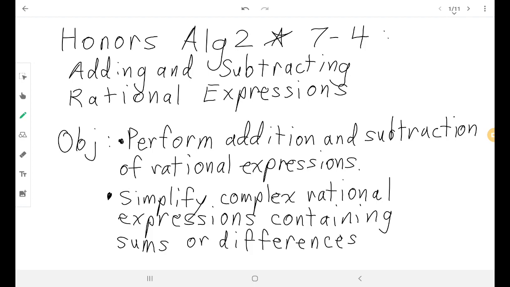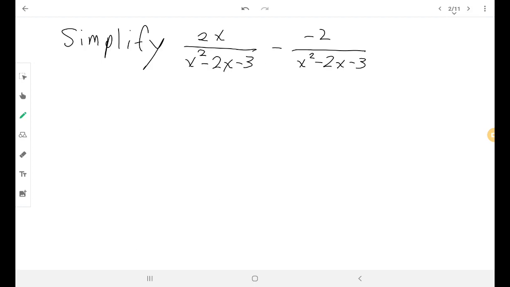All right, so here we go. Let's look at our first problem. We want to simplify, that is, just subtract this problem here. And when I look at subtraction problems, the first thing I think is,